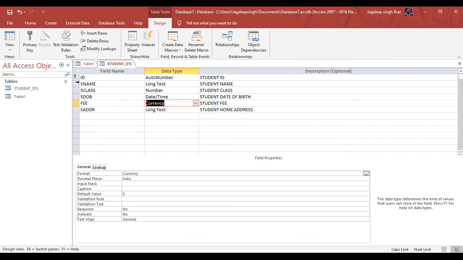So here we define one column as a primary key. The primary key is a unique feature of a database management system. This field can uniquely identify each record in a table, and the value in a primary key is different for every record. For example, like the roll number, every student has a different roll number.